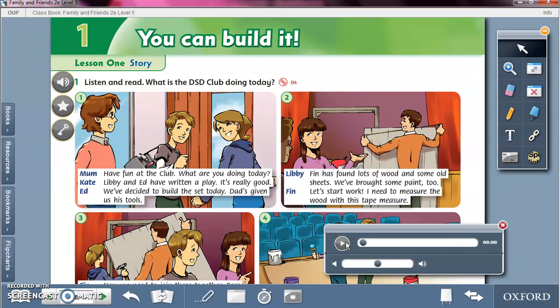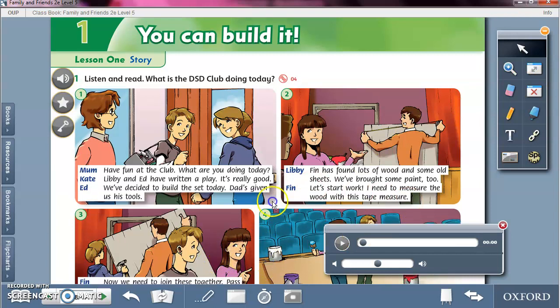We will translate it in Arabic. Picture number 2. Finn has found lots of wood and some old sheets. Finn وجد الكثير أو العديد من الأخشاب وبعض الأوراق القديمة. We brought some paint too. وقد قمنا بجلب الدهان أيضا. Finn said, let's start work. هيا بنا لنبدأ العمل. I need to measure the wood with this tape measure. أنا بحاجة أن أقوم بقياس هذه الأخشاب بواسطة أو باستخدام شريط القياس. لو احنا نحكي عنه المتر. Okay,